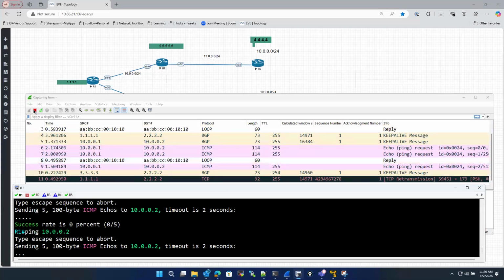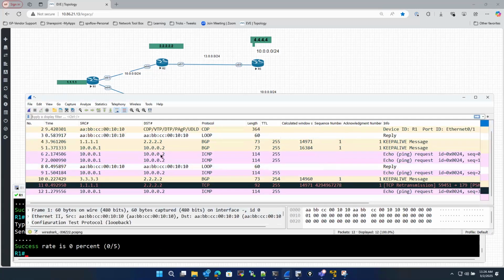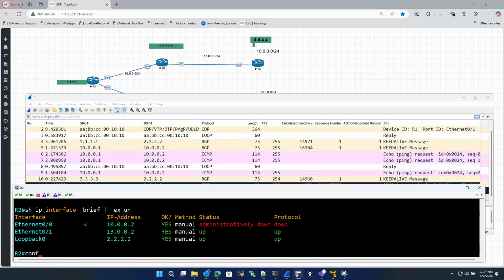So you can see, let me stop this capture. Okay. So we got 4 packets for ICMP request. I didn't get any reply because the remote interface is shut down. It's admin down. So what happens when I do an ARP? For my ARP request, I don't get an ARP reply back, right? So let me go to R2,